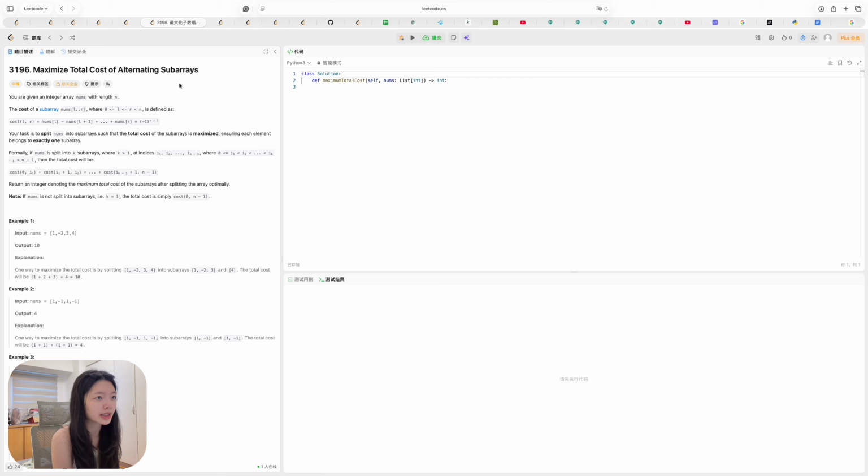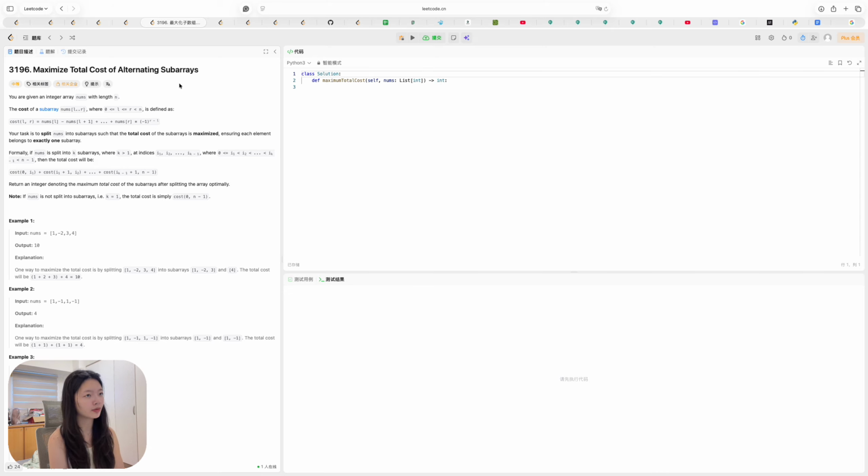You are given an integer array nums with length n, and the cost of a subarray nums L to R, where 0 is small. Okay, so L and R are all in the range of 0 and n,